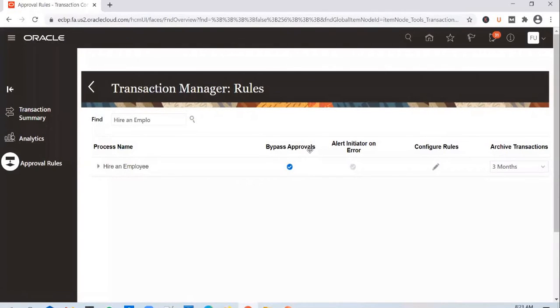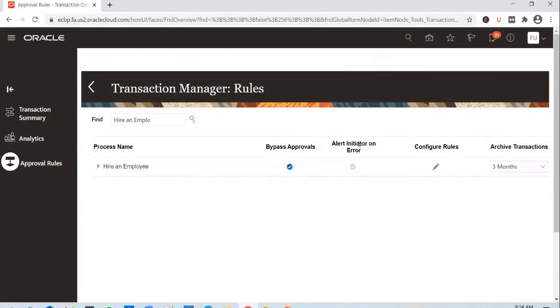There is a checkbox called bypass approvals. If it is enabled, the moment the user hits the save button after filling in all the details on the create employee page, the employee gets created. It will not go through the approval process if this checkbox is enabled. So for a given approval process, you can decide whether you want to bypass approvals or not.